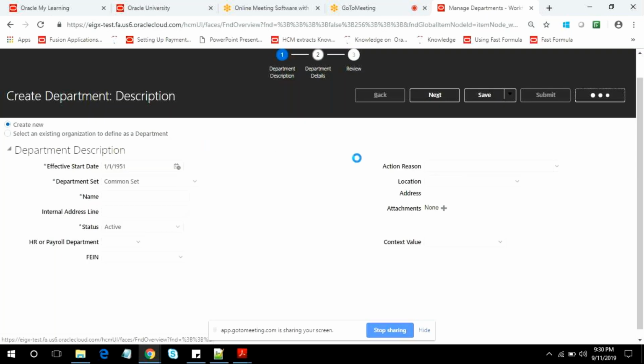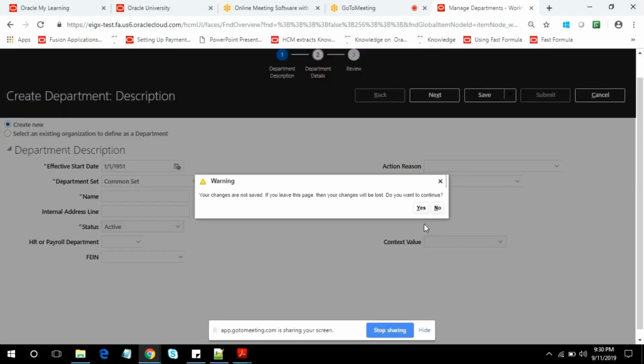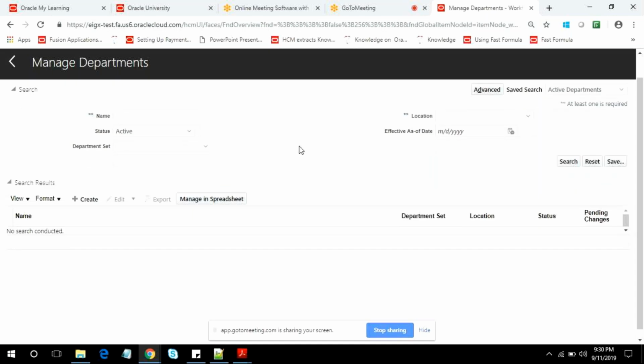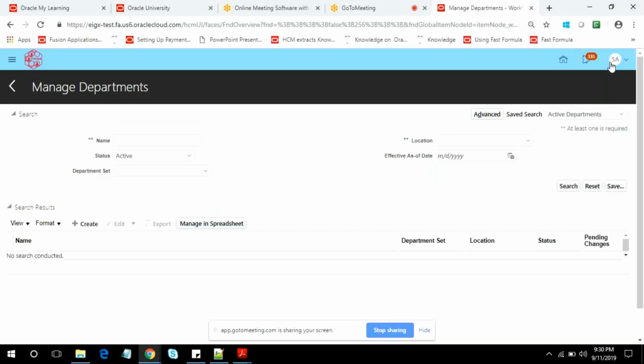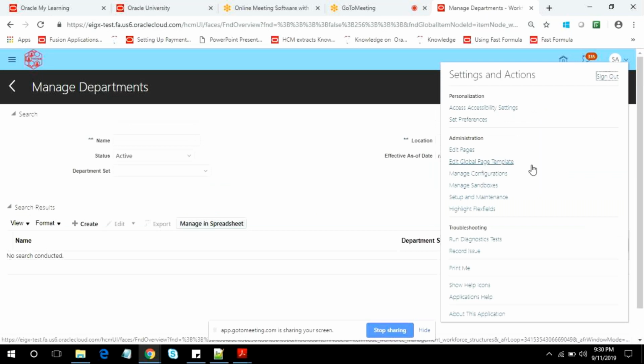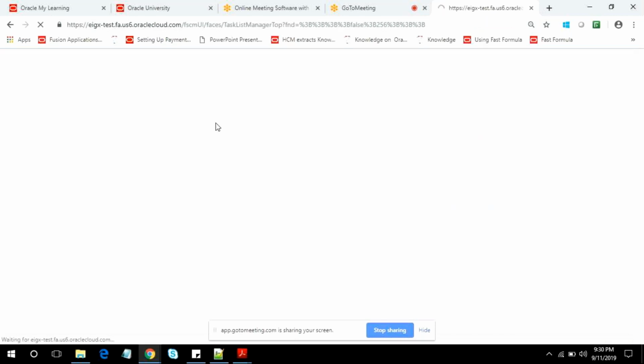Okay, now we will go for creating some actions and action reasons, and action types will also be there. I'll discuss about those things. To go for actions or action reasons or action types, you just need to come for setup and maintenance, and that is related to workforce deployment task only. Okay, even if you search here